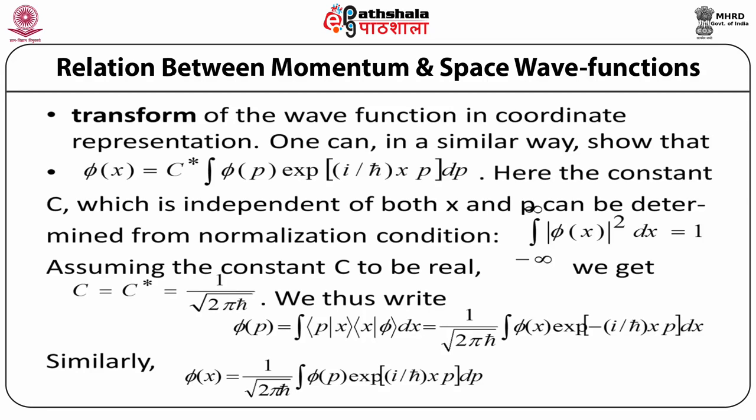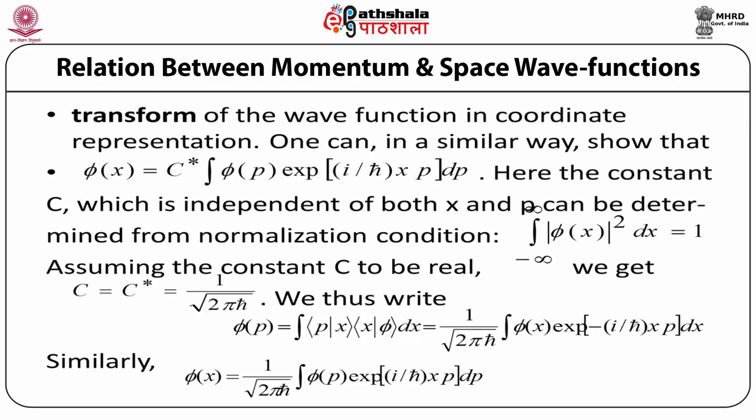So we can write the wave function in the momentum representation as φ(p) is equal to integration over dx, bra p ket x, bra x ket φ, is equal to 1 upon under root 2πħ integration over dx φ(x) exponential to the power minus i/ħ xp. So here φ(p) is the wave function being represented in the coordinate space, and similarly we can also have this wave function as a function of the coordinate x being represented in the momentum space, and this is given by